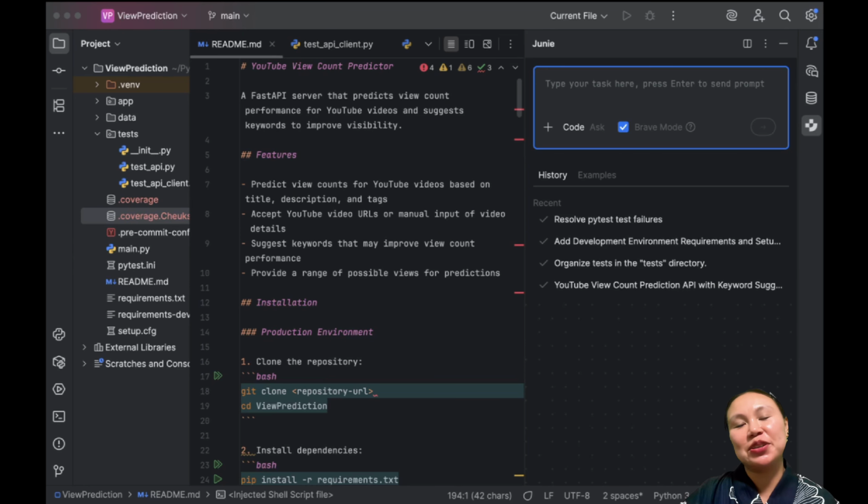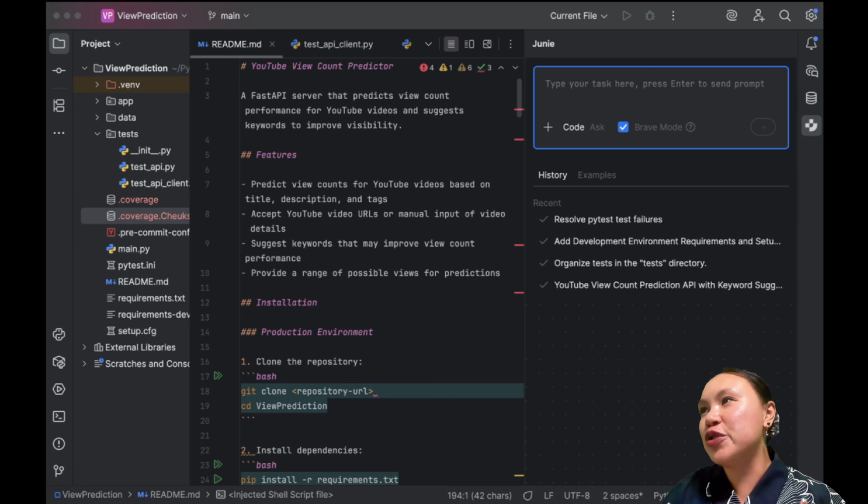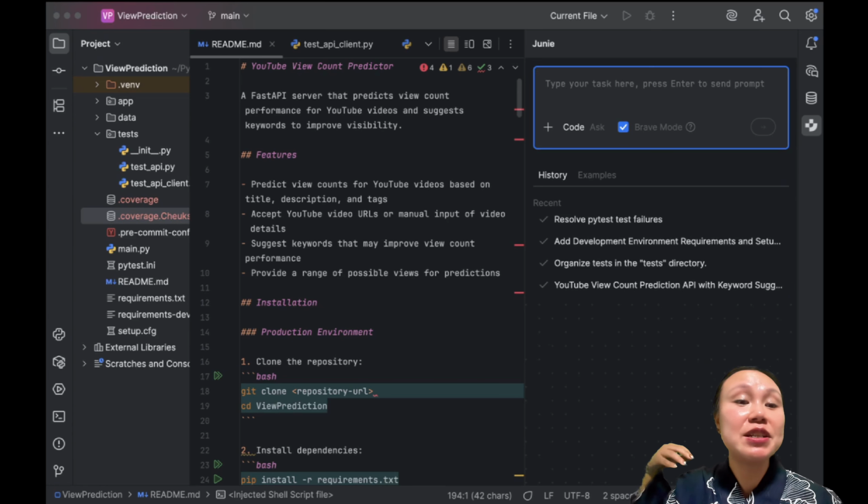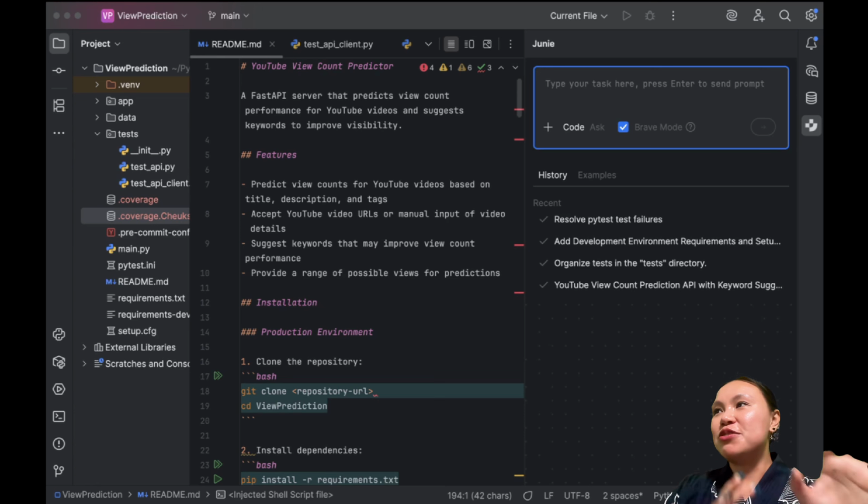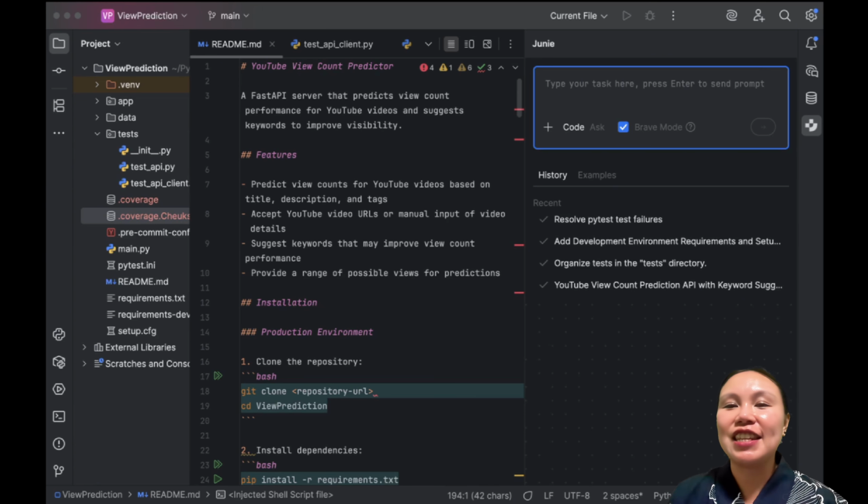And today we're going to do some testing. I'll start by showing you how we can use Junie to increase the code coverage. I would like to show you a little bit of this project that, again, is not in production, but it's something that